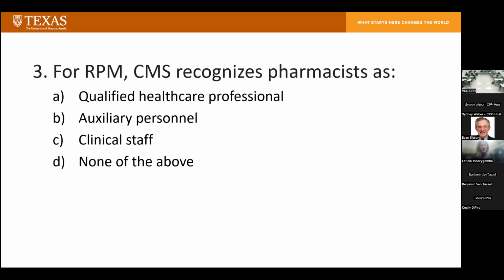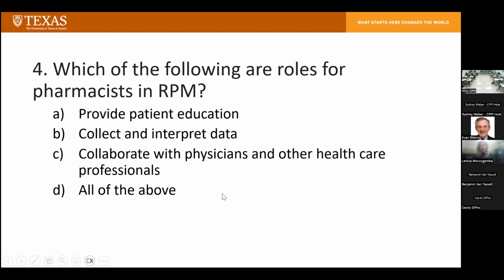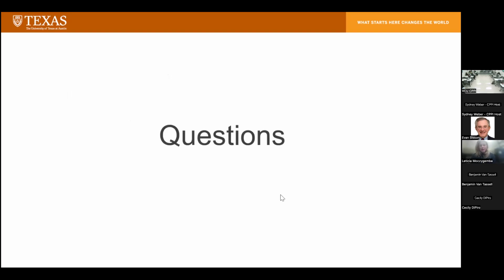Okay, so that concludes my summary of our journey with RPM, and a couple of questions. So for RPM, CMS recognizes pharmacists as... great, I already see the right answer, B. My slide is stuck. And then which of the following are roles for pharmacists in RPM? Correct, C. That concludes